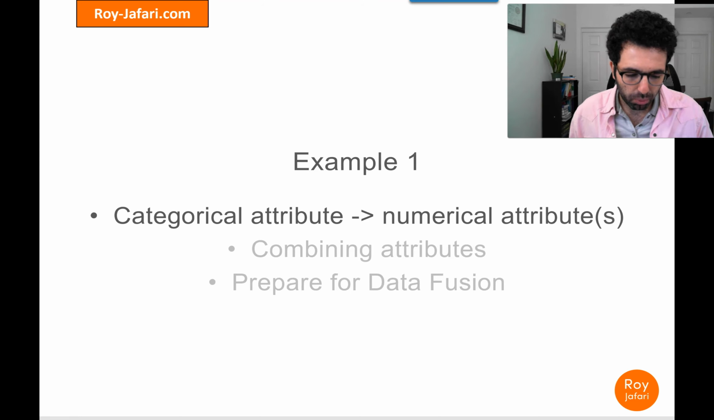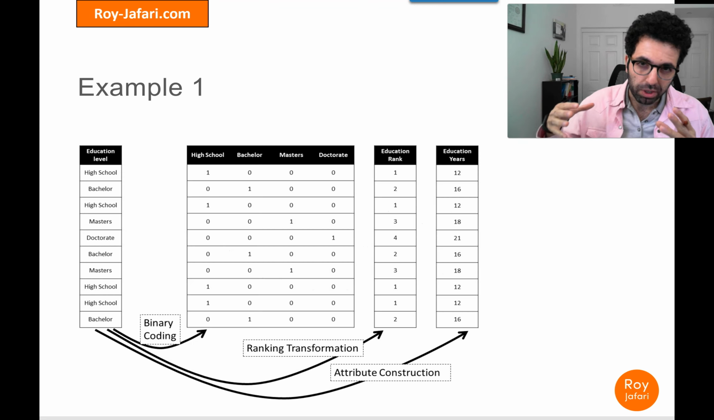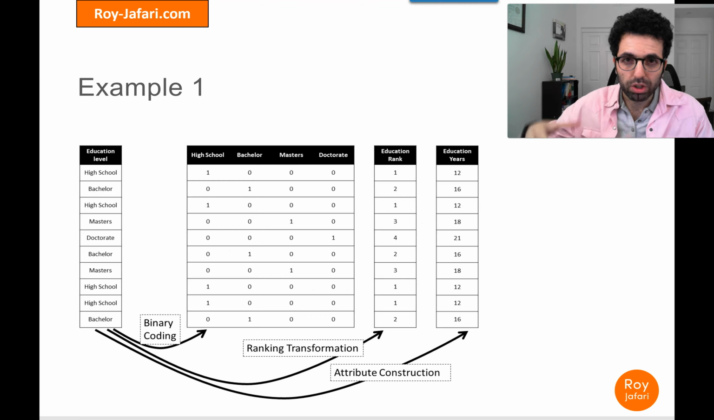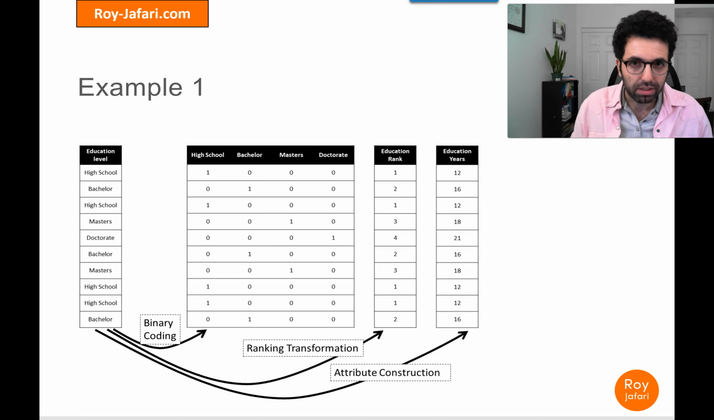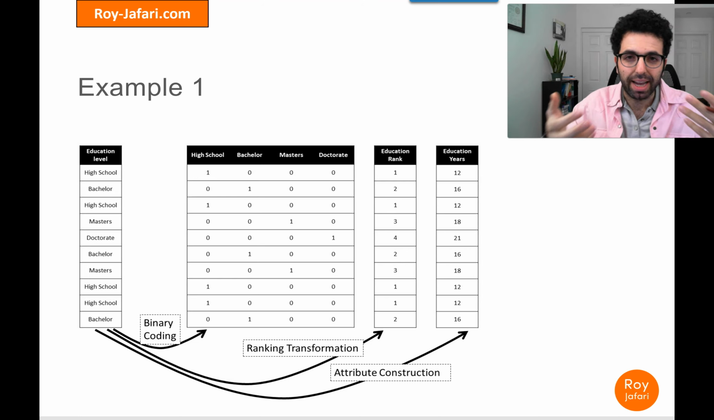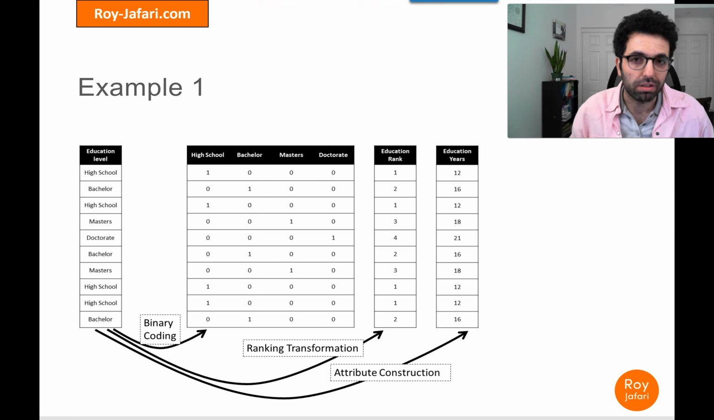So the first example we're going to look at, we've already seen in the previous video. It's when we wanted to move from an ordinal attribute to numerical ones. We did see that we of course could use binary coding or ranking transformation, and we saw that we have some pros and cons. And attribute construction here could come in sort of in the middle of these 2